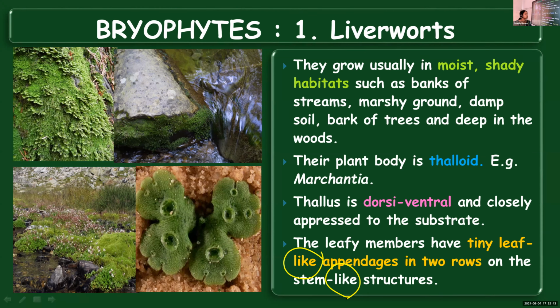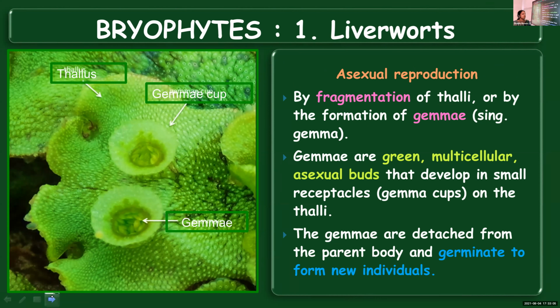So let's proceed. Now the methods of reproduction. Asexual reproduction is by means of fragmentation. From the first division, we were learning about the fragmentation process. Fragmentation, as the name suggests, the thallus will break into fragments and each fragment will be able to grow into a new organism. So there are two methods of asexual reproduction mentioned here.